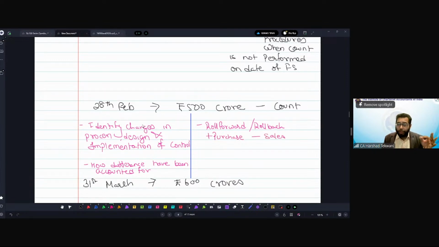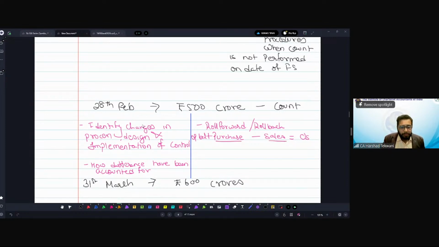That should give you, in quantity terms, the closing balance on 31st March, because you have the opening on Feb. You need to add purchases in that. You need to subtract the quantity of goods sold, and you will get the closing on 31st March. By this way, you need to perform the roll forward procedures, and for the sales and the purchases, I